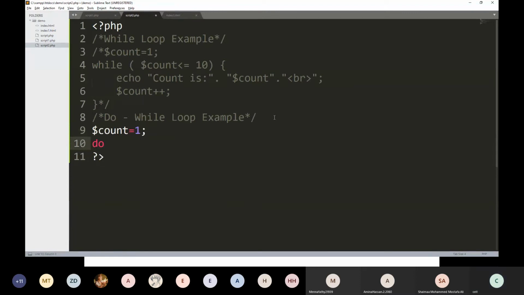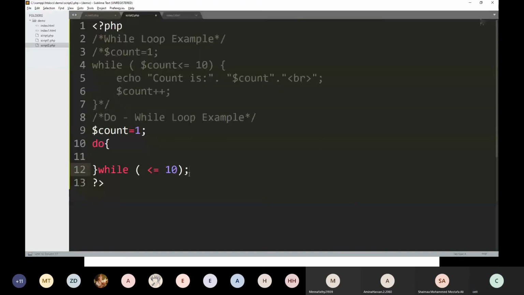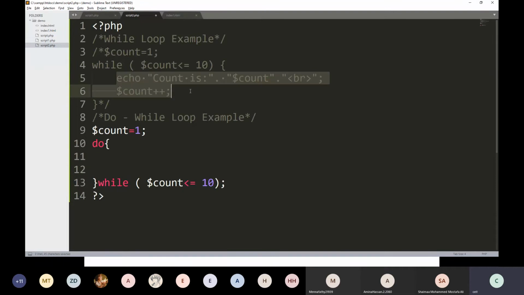Then do while. Okay. And there is no condition. Okay. And here the condition is $count less than equal to this thing, and inside the do the same thing I am writing.